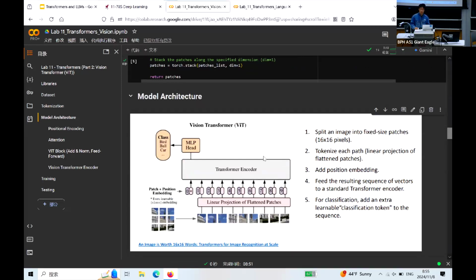So for example, if you always have image inputs of size 224 by 224, and you're cropping your image into 14 by 14 patches, then you're always going to get